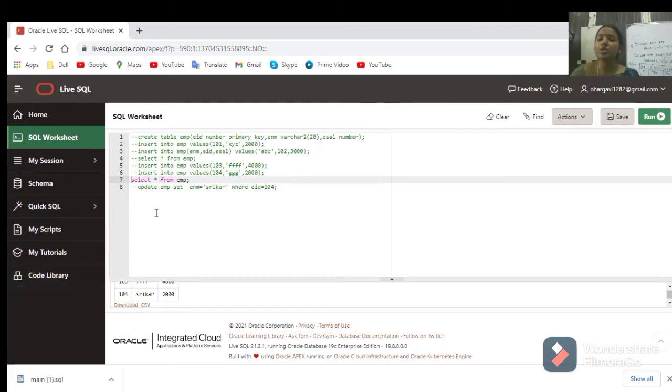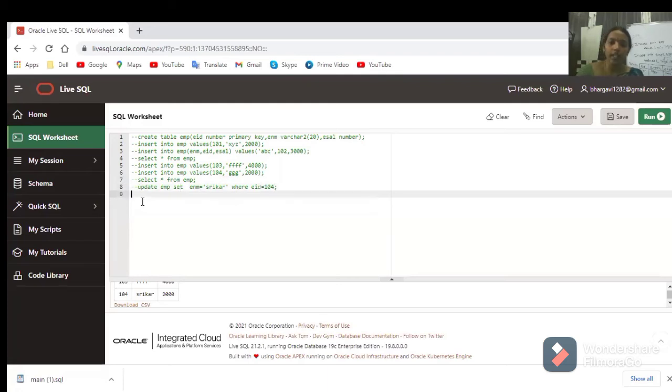The update command is used to modify the table data where you want to modify. So wherever employee ID is 104, I want to update that as Shrikar. Now consider, for example, I don't want to have the where condition. The where condition is optional here.